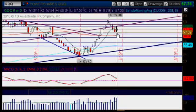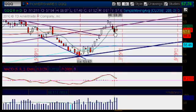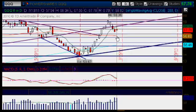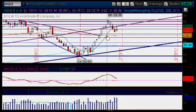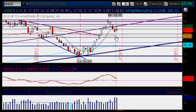And then also, if we head back down, breaking through the low of yesterday, which was at the 57.46 mark, then we could head all the way down to that next area of support on our way down below here, the 57.18 mark, and then we could head lower to that next area of support down below where you see this moving average here in red, which is a 50-day moving average, and it's at the 56.90 mark at this point in time. And then if we ever get there, if we broke through it and continue to the downside, then we could get all the way down to the next area of support down below here,